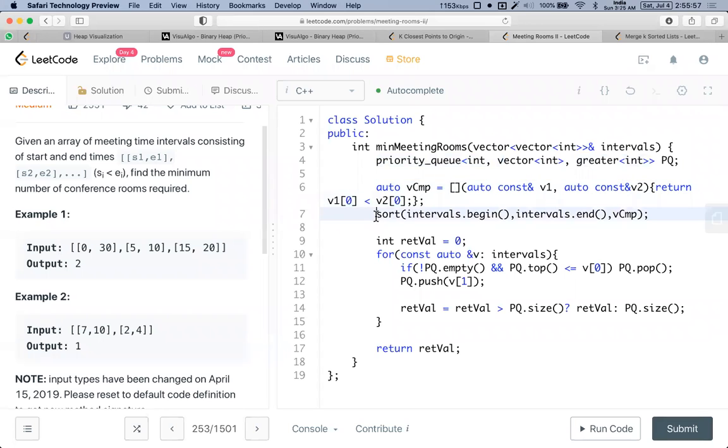Then we just sort the given intervals so that they are ordered by the start time. So this one will be taken care of by that: 2, 4, and then 7, 10 will come. Then all we do is go over the intervals one after another. If there is nothing in the priority queue, of course, there is nothing we can pop out. If there is something in it, then we check the end time,